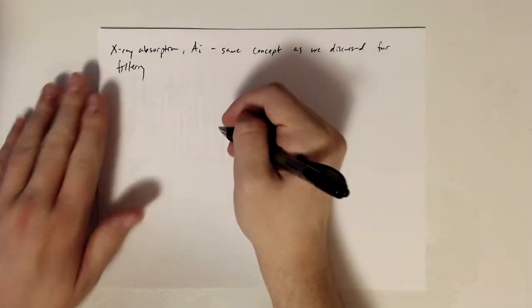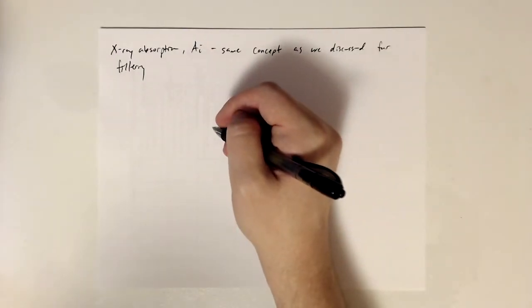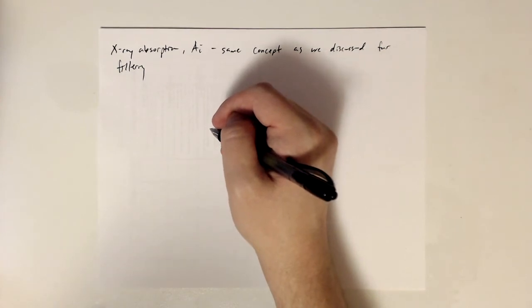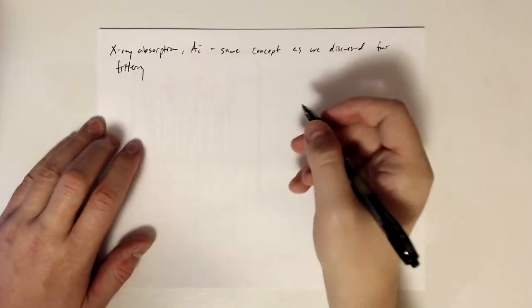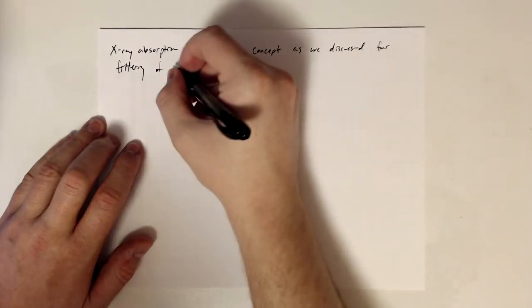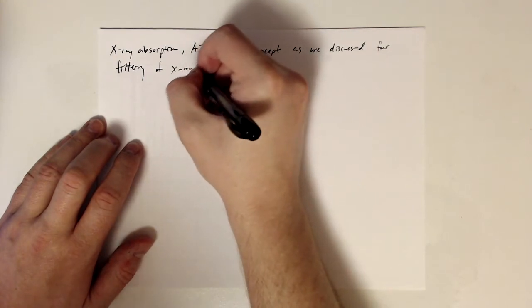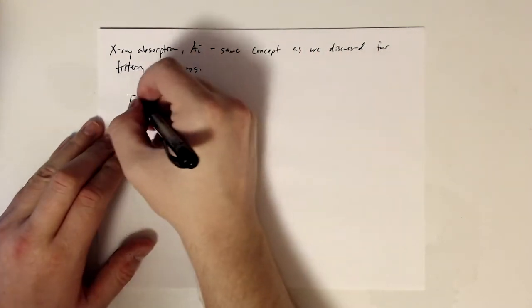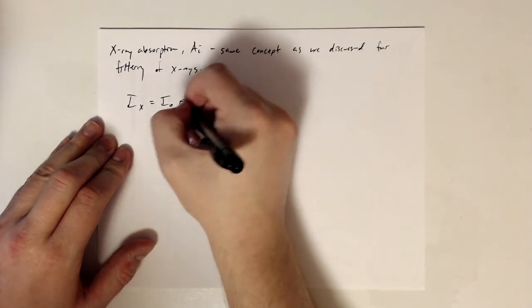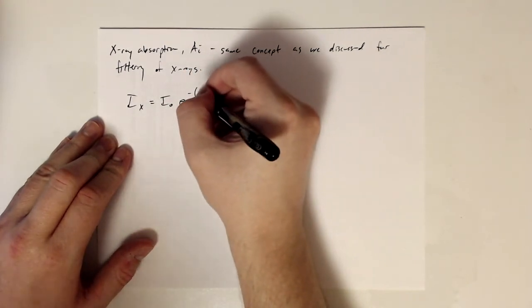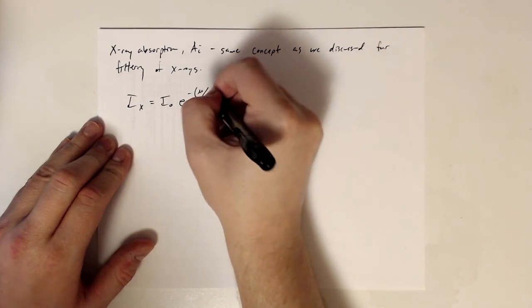So when we talked about X-ray filtering to obtain a pure monochromatic X-ray source, we talked about X-ray absorption, and this is the same theory. We had this equation, which you can go back to and find if you need to look at it a little bit more,